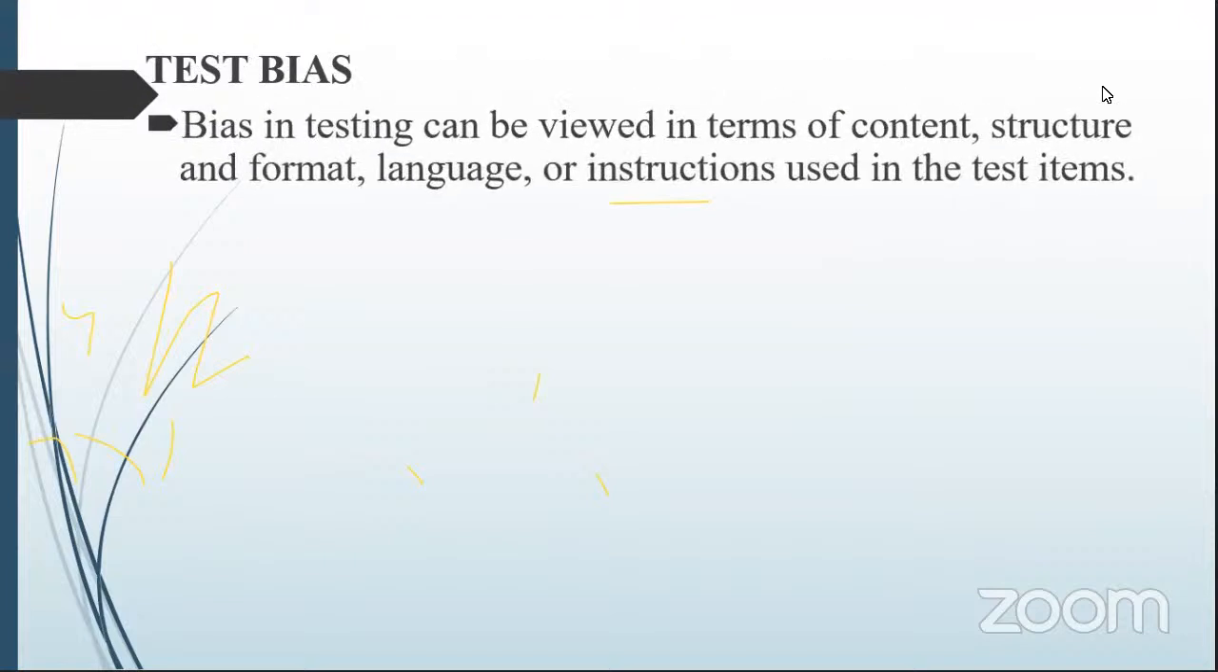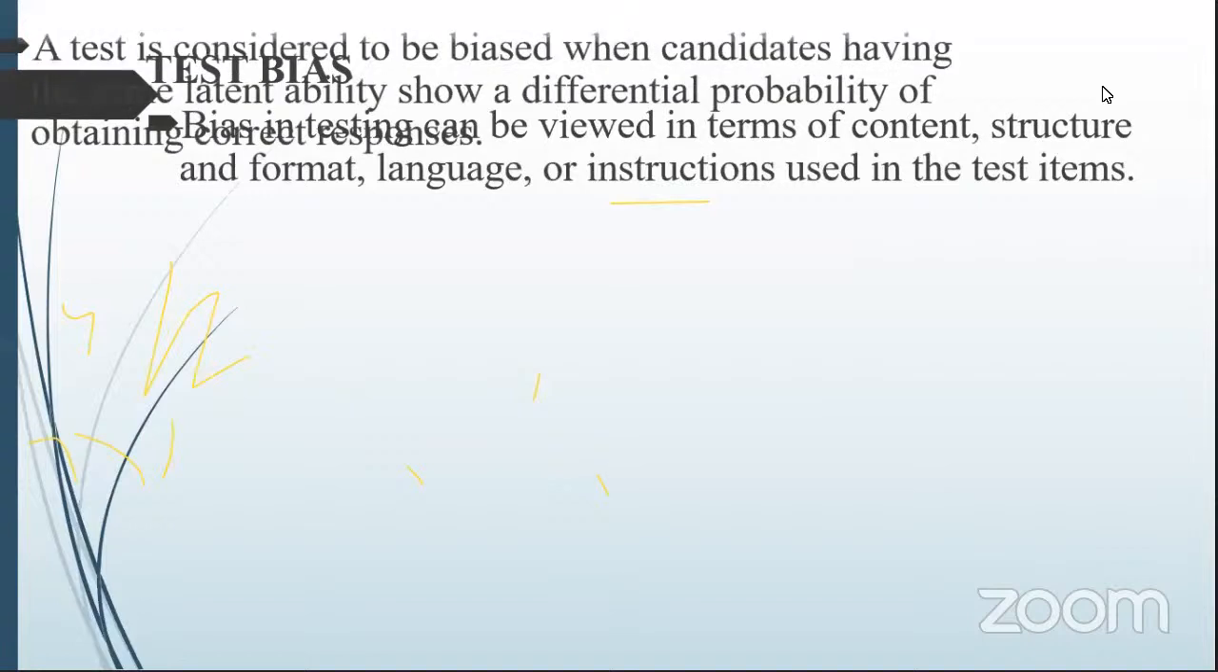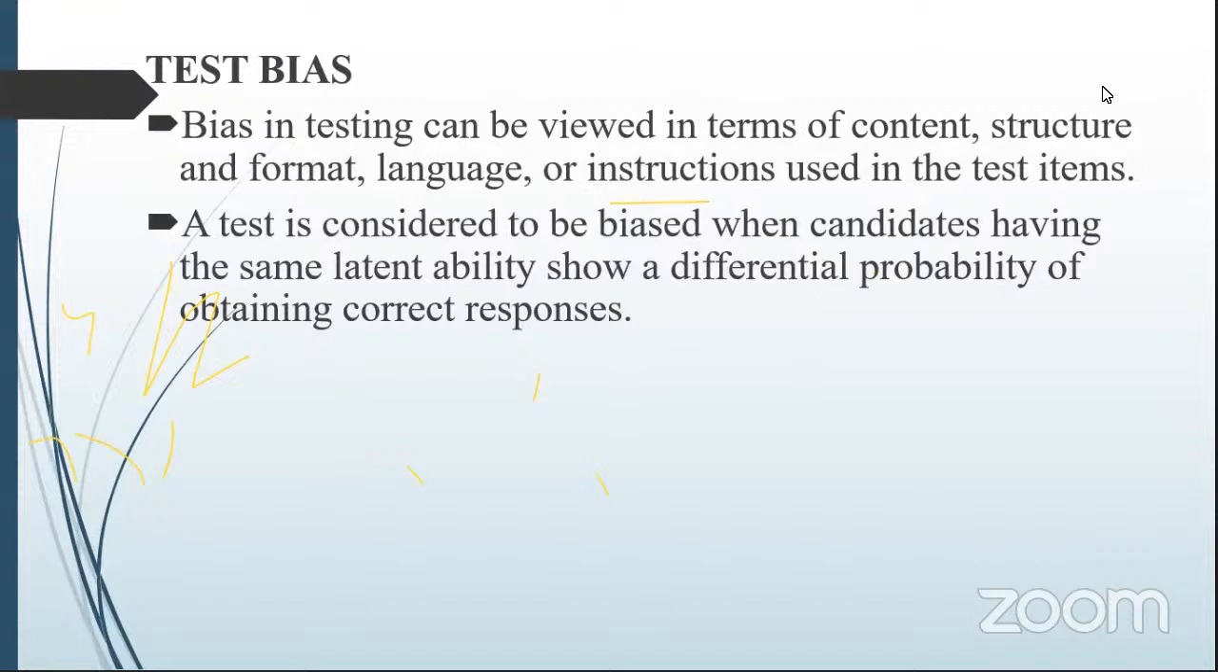Now, when these items are written, there are issues that we need to consider. We take, for instance, test bias. Bias in testing can be viewed in terms of content and formatting, language, or instructions used in the testing items. Have these balanced? A test is considered to be biased when candidates having the same latent ability show a differential probability of